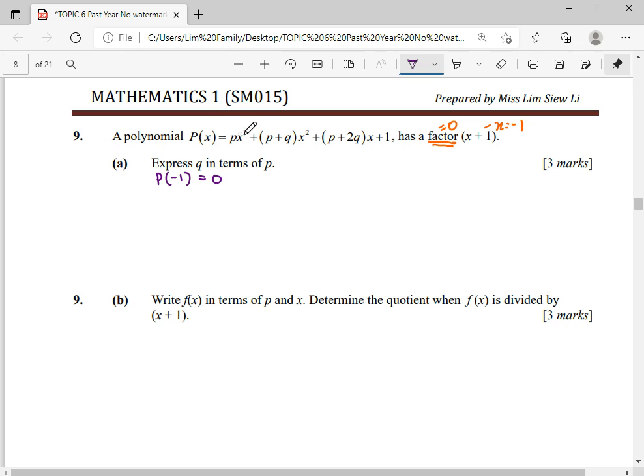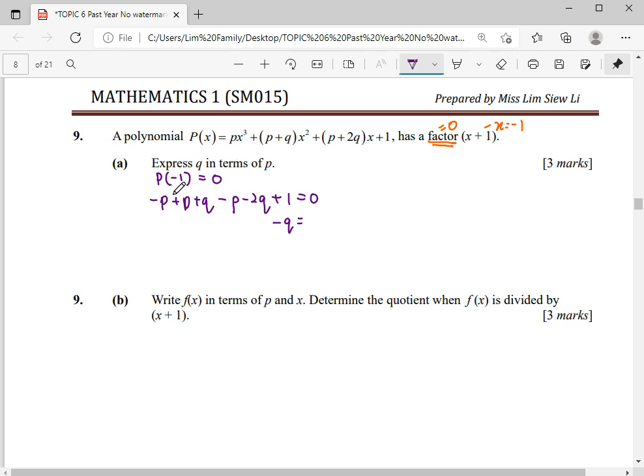So we substitute our -1 here, we get negative p. Continue. Here we get p plus q. Then we substitute here -1 will become negative p plus negative 2q, then plus 1 equals 0. So we let the q at the left hand side and then p to the right hand side so that we can get q as the subject. So our q here we get negative,